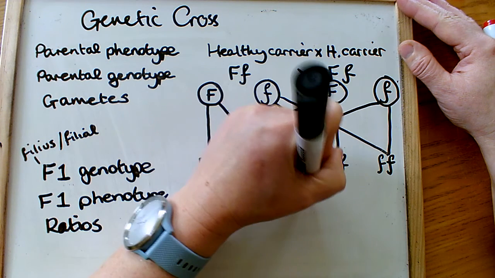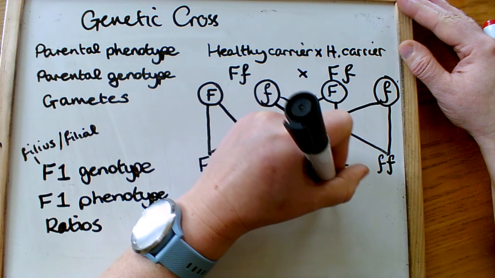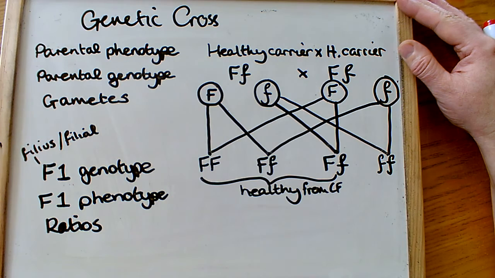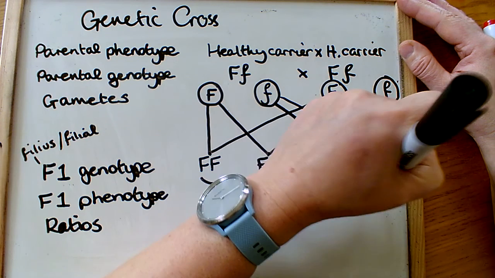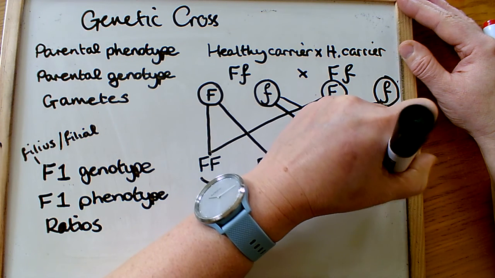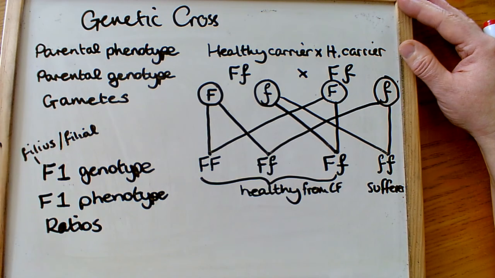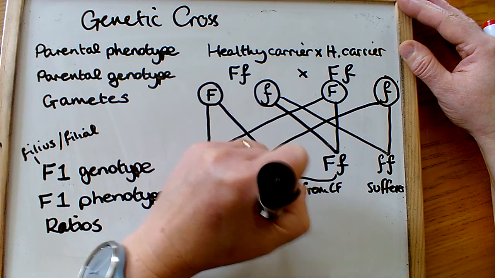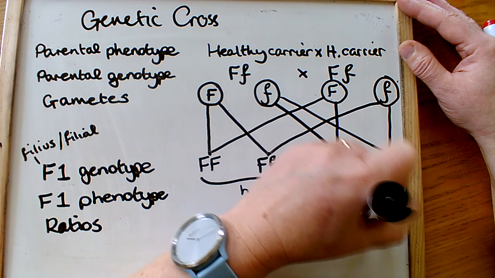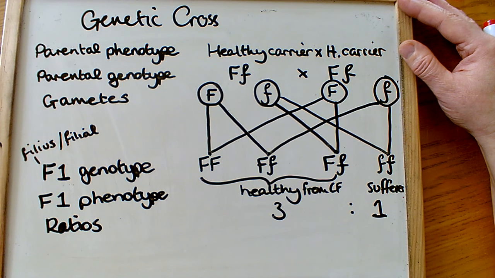Yeah, healthy from CF. Yeah, they've not got the disorder. And this one here is our sufferer. Okay, and then the ratios therefore are going to be 3 healthy to 1 sufferer, and that's how we write